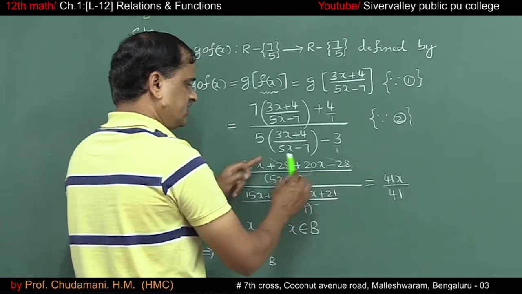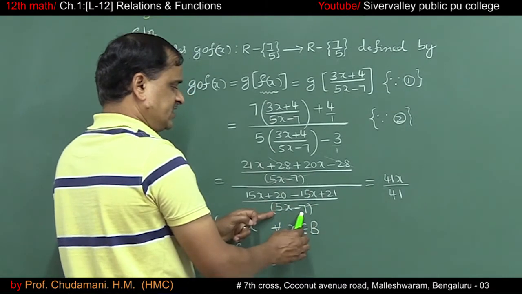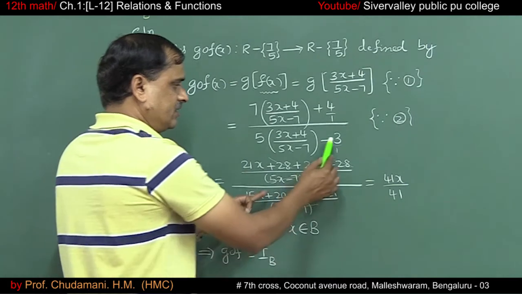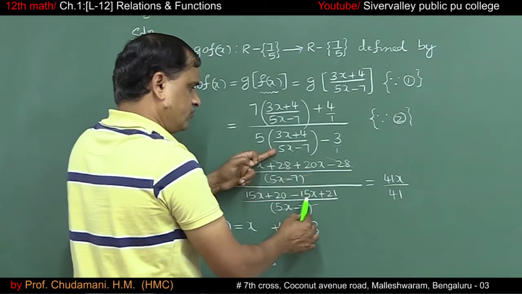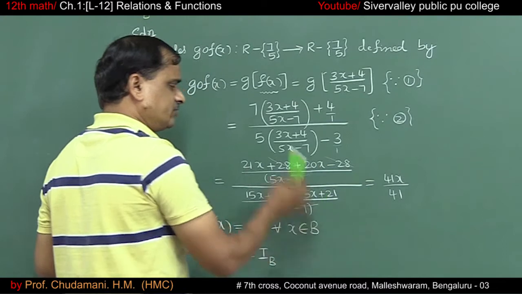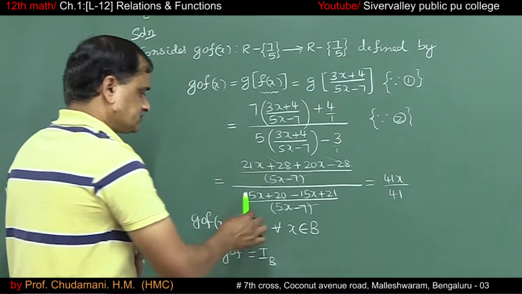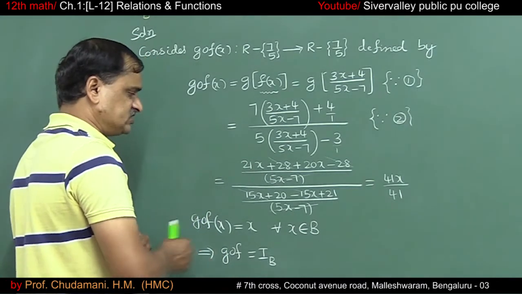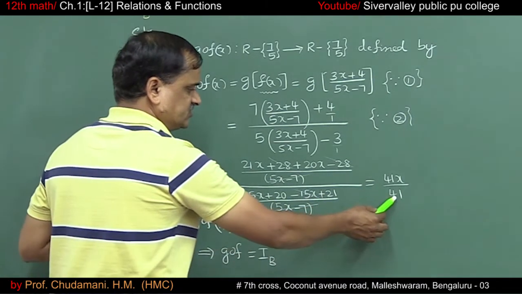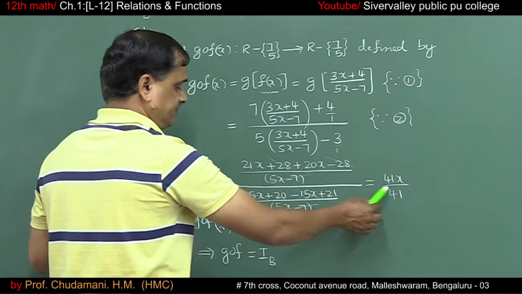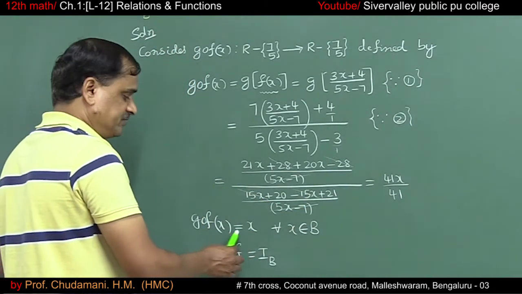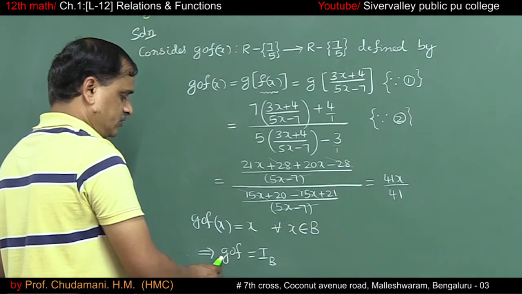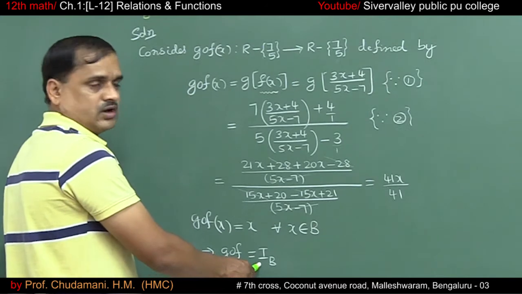Even in the denominator, the LCM is 5x minus 7. 5 into 3, 15x, plus 5 into 4, 20, minus 3 into 5, minus 15, minus of minus, plus 21. Here plus 15x and minus 15x get cancelled. 20 plus 21 means 41. We are left with g∘f of x is equal to x for all x belongs to B. Therefore, g∘f is an identity function on the set B,